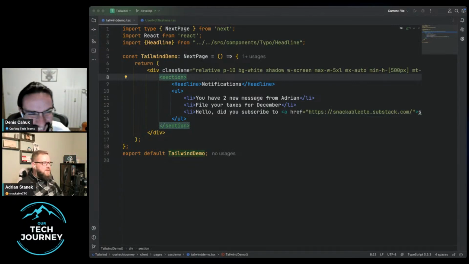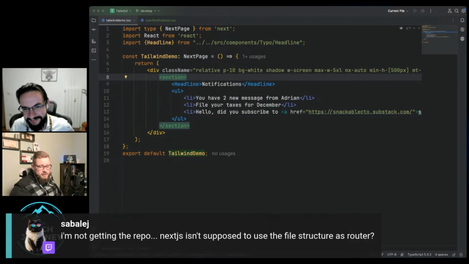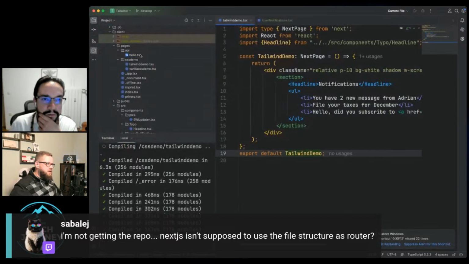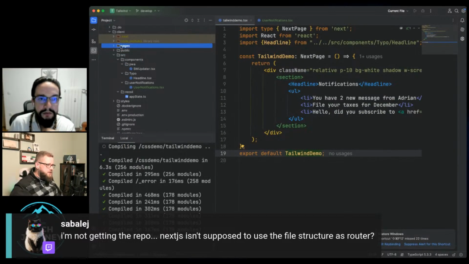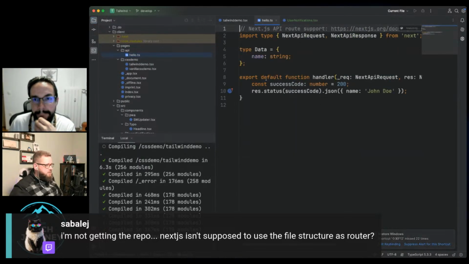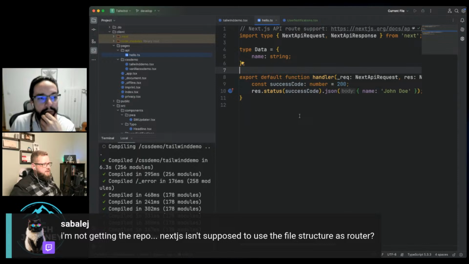Okay, so we already have some other comments like this one. I'm not getting the part that it isn't supposed to use a file structure as a router. So the second part of the comment, what does that mean? Explain to me like I'm 5. I don't actually understand. Please open the file browser of the project. I'll quickly explain it. So we have the pages here. The pages router is an evolutionary thing of NextJS, and it's not state of the art anymore. This is what I said at the beginning. I still need to rebuild this at some point.